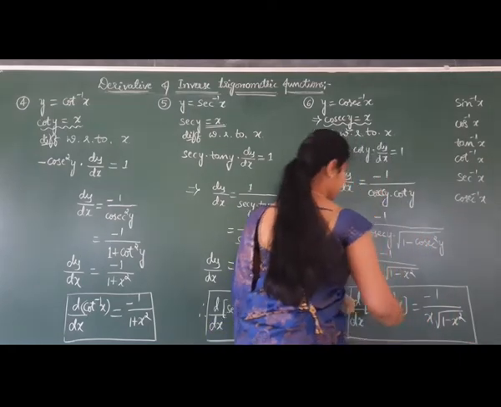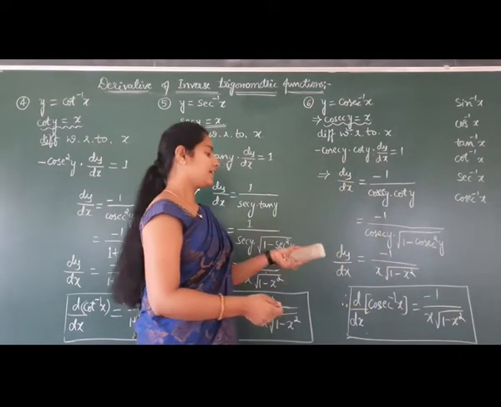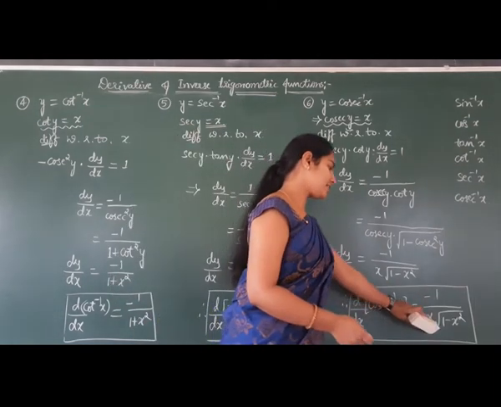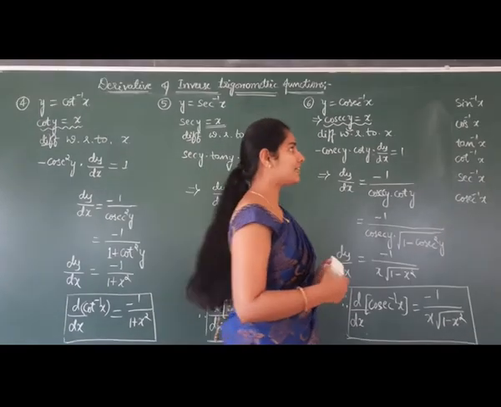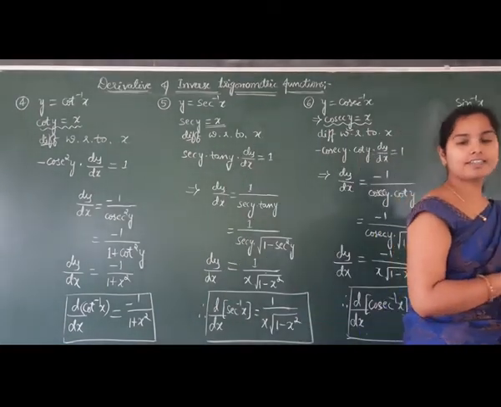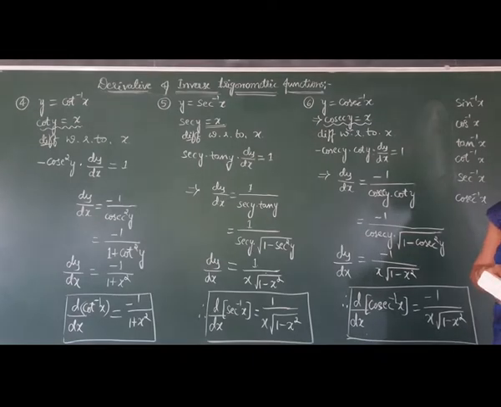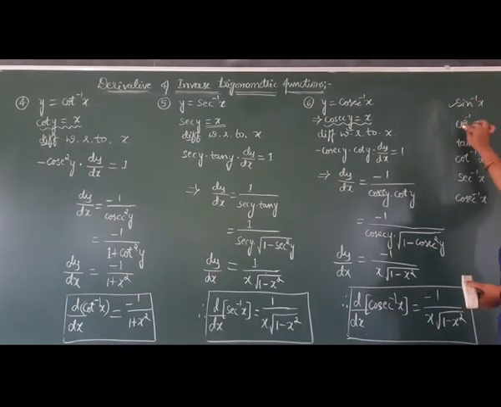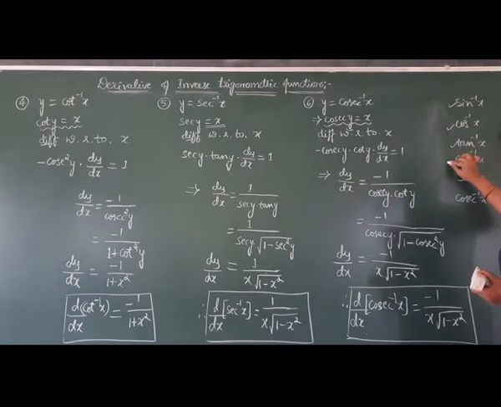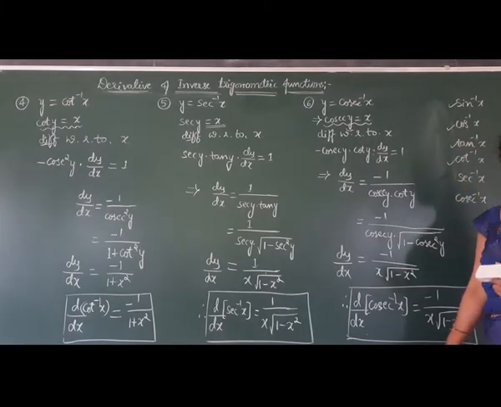Okay, so the derivative of cosecant inverse x is equal to minus 1 divided by x into square root of 1 minus x square. Okay, so what is the derivative of sin inverse x? That is 1 divided by square root of 1 minus x square. So the derivative of cos inverse x is minus 1 divided by square root of 1 minus x square. The derivative of tan inverse x is 1 divided by 1 plus x square. So the derivative of cot inverse x is minus 1 divided by 1